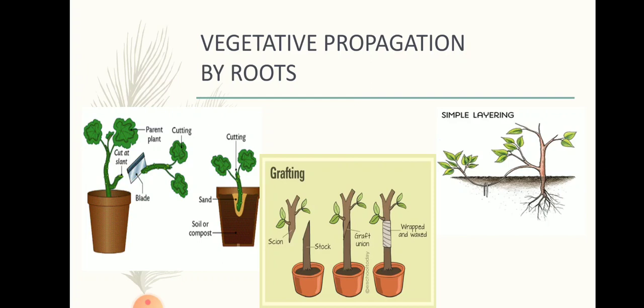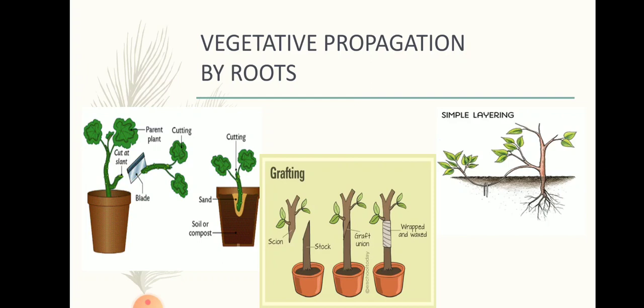After some days, if you remove the string which was tied along, you will see that both of them are fused together and it seems as if it is a part of the rose plant itself. So the desired characters of the scion are introduced into the stock, and then you can get a flower that is pinkish in color. All these desired varieties can be produced using these techniques. Apple and rubber trees are also grown in this way. Why are they grown this way? To get an improved variety.